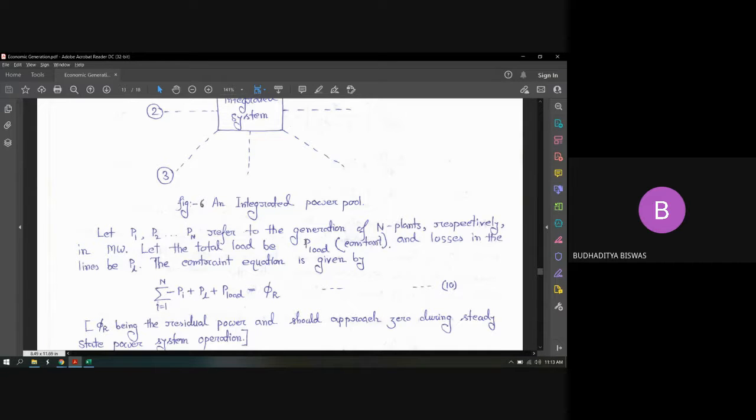So that's why we need a very fast computer or very fast processor to process all the data, as well as methods which converge the solution very quickly. That's why the Lagrangian method is the most suitable method for this. Otherwise we have so many iterative methods for finding the answer, like Gauss-Seidel, Newton-Raphson, the decoupled methods. So many methods are there in mathematics for converging a solution. But here the scientists found that if we take the help of the Lagrangian technique, it will give you the solution after a small iteration time, which is required here.